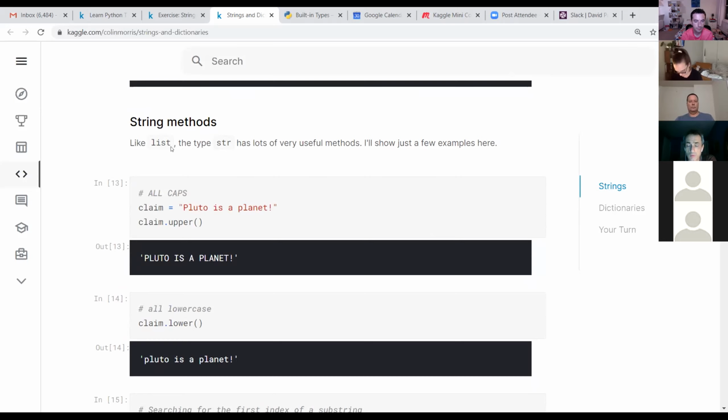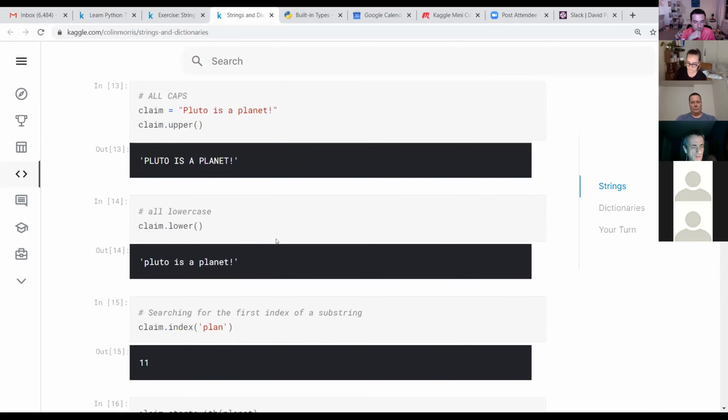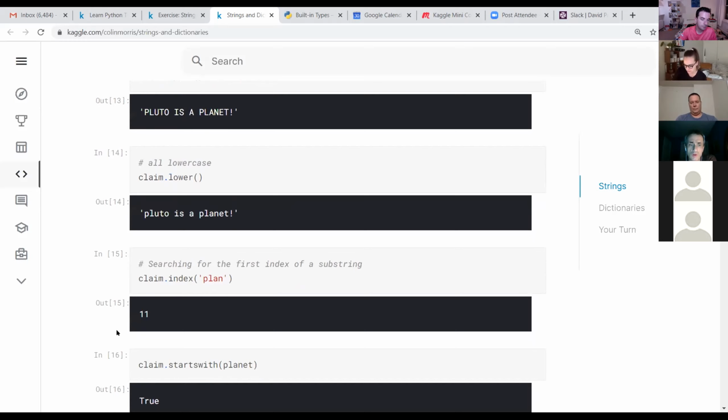libraries that work with strings specifically. One of them is called string, you just literally import string and then you work with that. It's also a wonderful library. But some of the useful methods are converting the string to uppercase, lowercase. You could do title case, where only the first letters are capitalized. You could do index, which produces the occurrence of the first